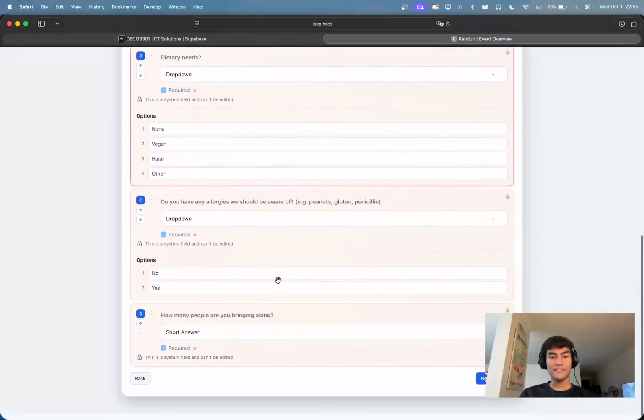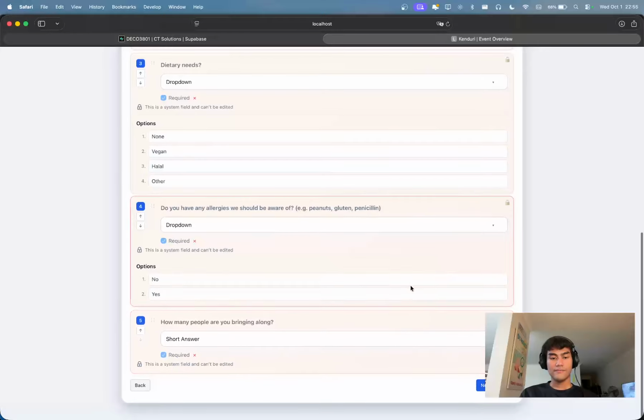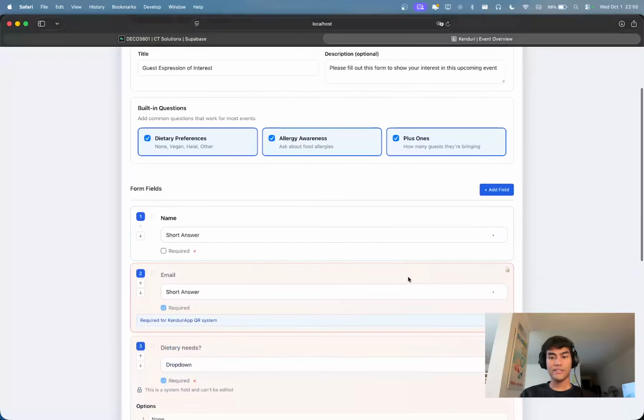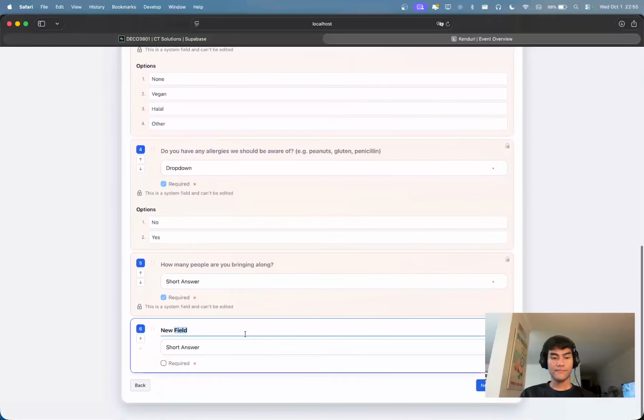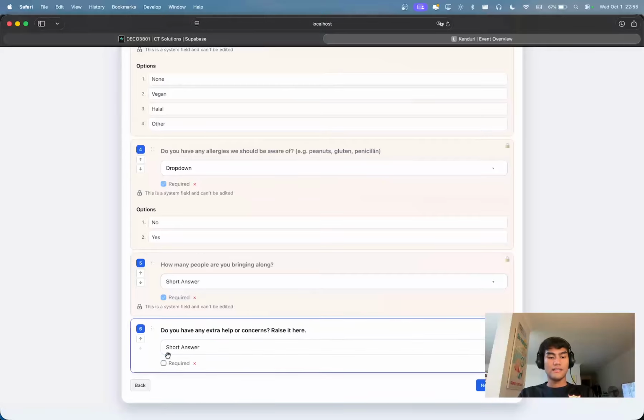Now once you've done this, we can add a new field just for: do you have any extra help or concerns to raise here, and it is not required, so we can just